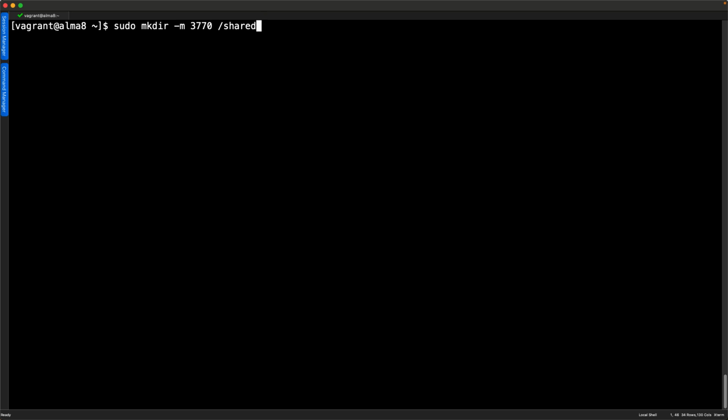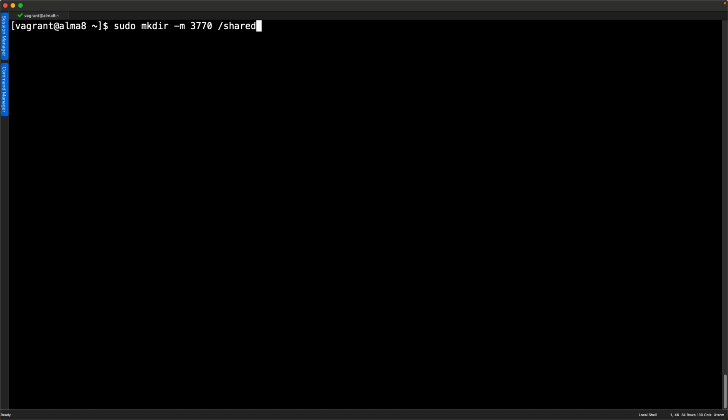The sticky bit, or the value of 1, controls deletions from the directory. The group has read, write, and execute. If we can write to a directory, we can delete from the directory. We don't want the group to be able to delete anything but their own files. The sticky bit set on a directory ensures that users only delete files that they own.